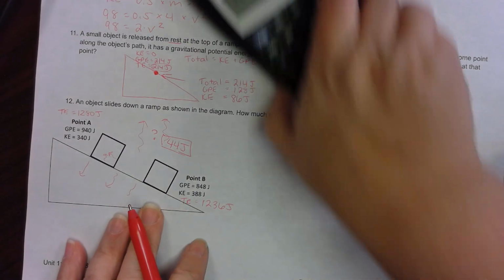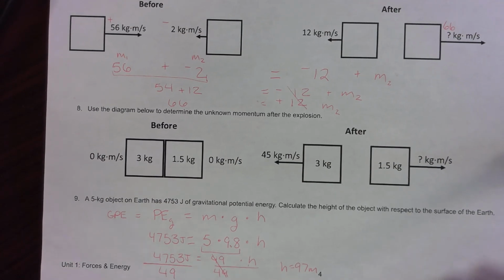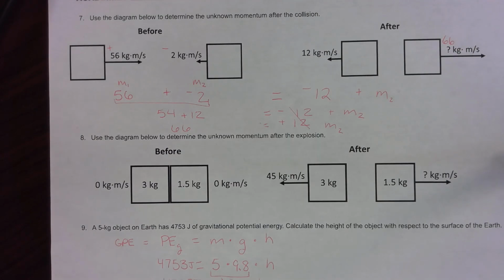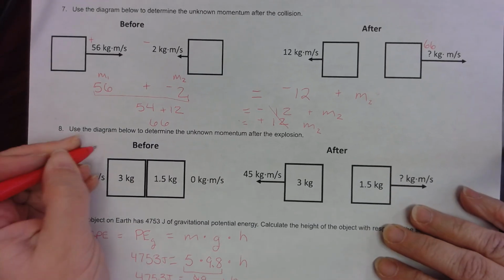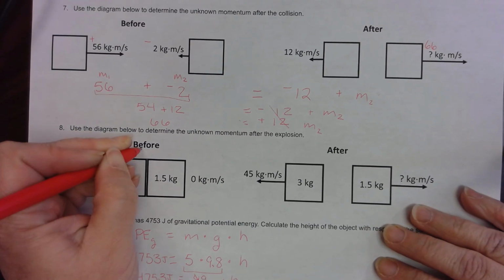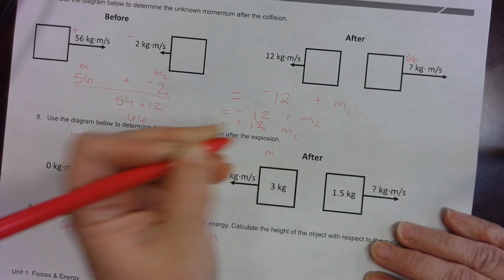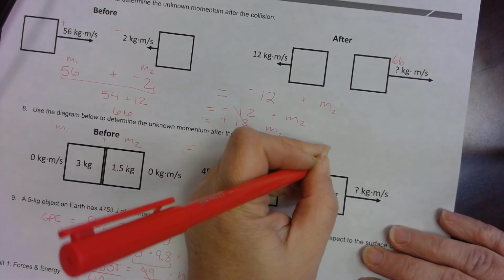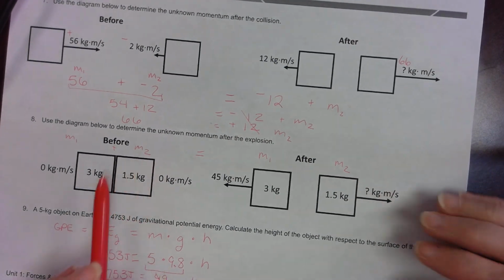Let's go back and finish number 8. Number 8 is the most challenging of the problems. Okay, let's check out our last problem. I know that my momentum plus my other momentum is going to be equal to my momentums after. Now, before the explosion,